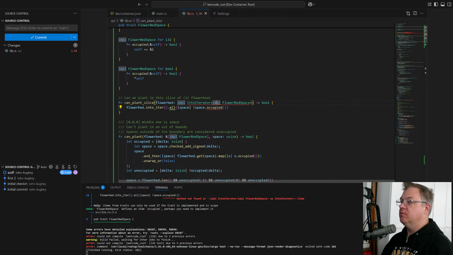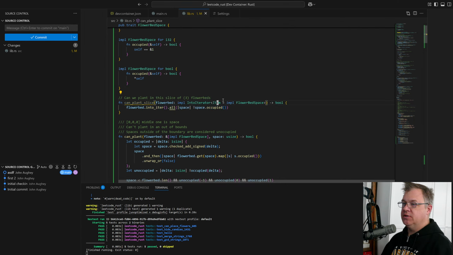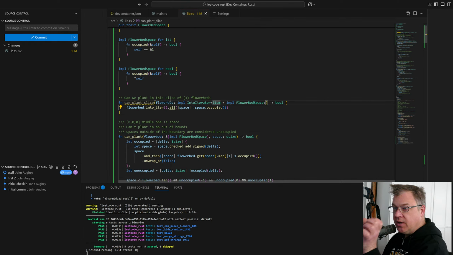Takes 0 arguments, item equal that. There we go. So this is saying, okay, if we have a sequence of things, can we plant into this?